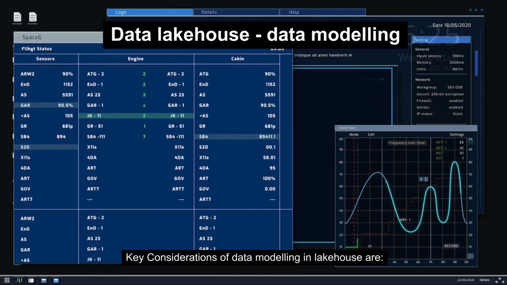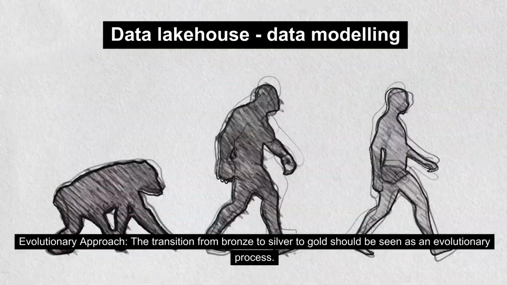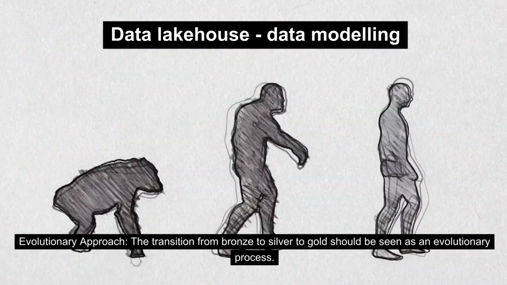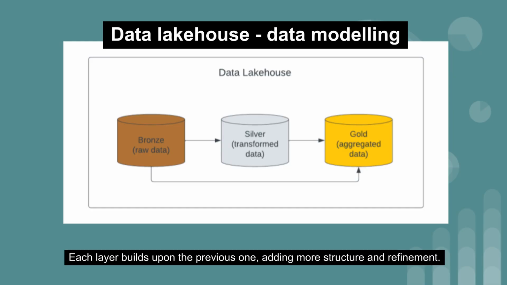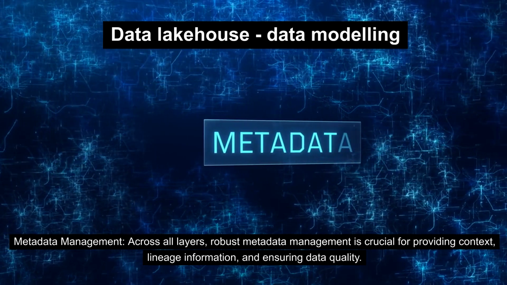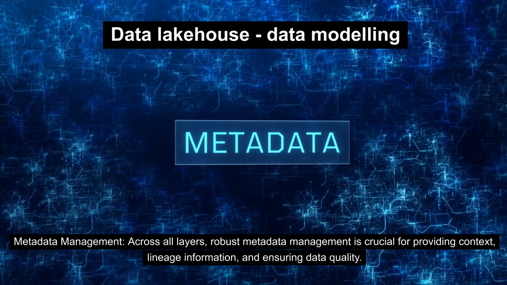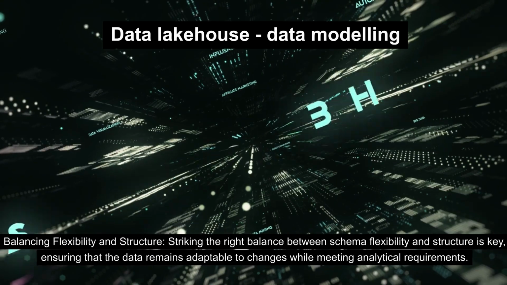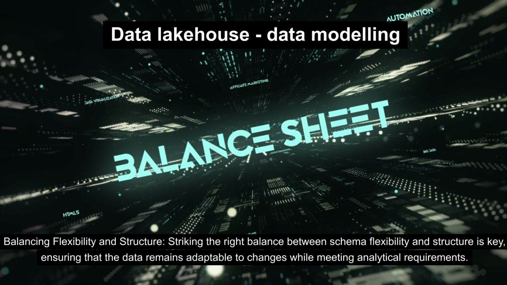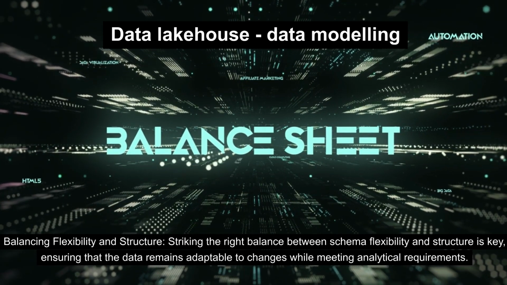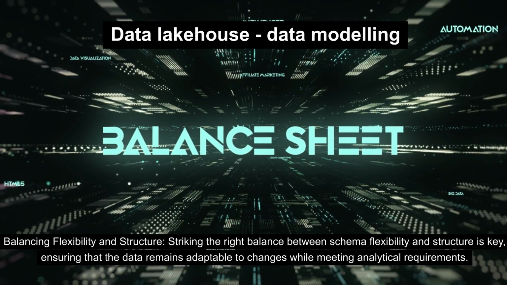Key considerations of data modeling in Lakehouse are: 1. Evolutionary approach. The transition from bronze to silver to gold should be seen as an evolutionary process. Each layer builds upon the previous one, adding more structure and refinement. 2. Metadata management across all layers. Robust metadata management is crucial for providing context, lineage information, and ensuring data quality. 3. Balancing flexibility and structure. Striking the right balance between schema flexibility and structure is key, ensuring that the data remains adaptable to changes while